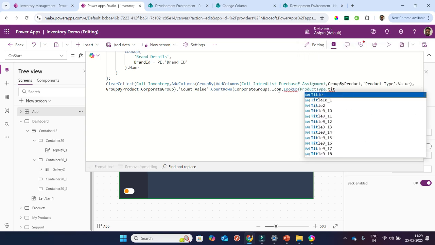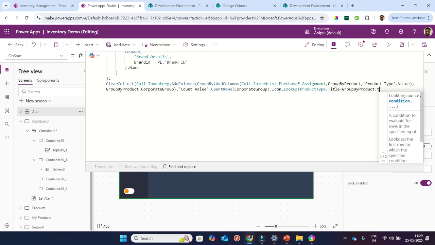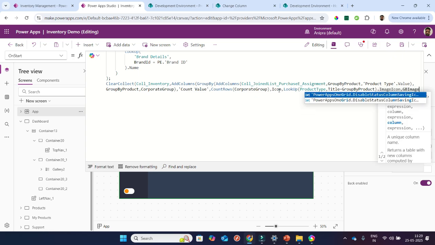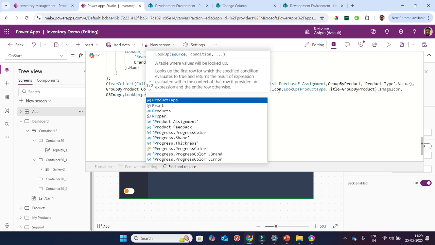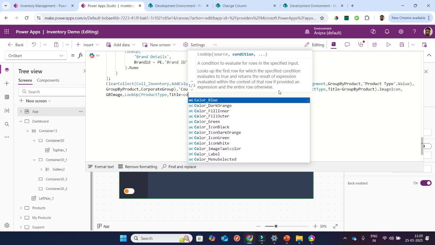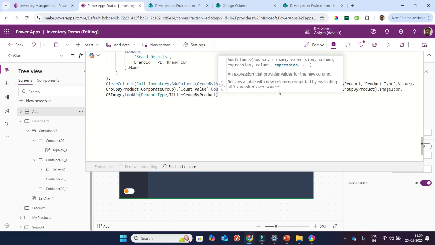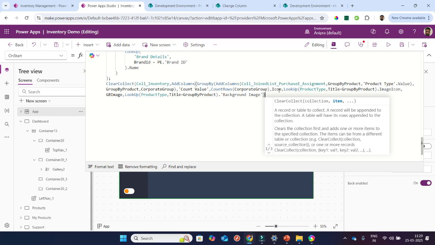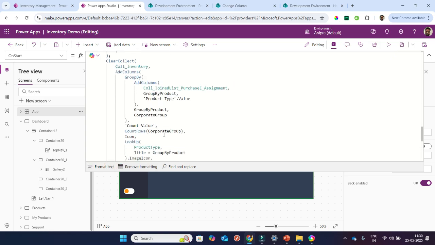and this will be title equals to group by product dot title. And this bg image, again we will go for lookup and then product type and then title equals to group by product, and then close it and then background image. So I will close it, the first, the second, and so this will be our call inventory,